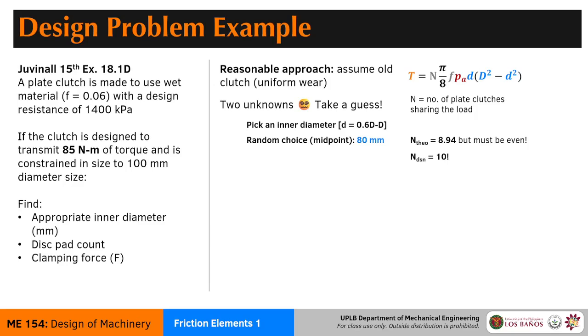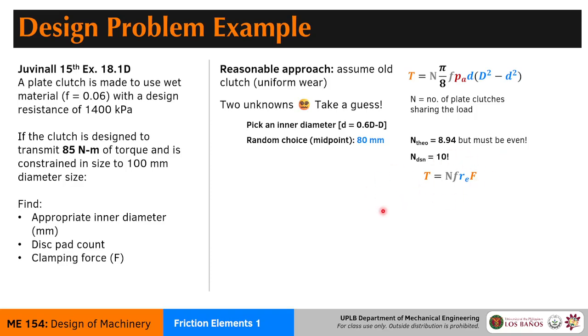All right, so we only need to solve for the force. But this time, of course, we do have a shortcut. And I think this applies a bit more because there are some changes occurring when we change the number of clutches. I think the effect is that the pressure reduces, so we have to account for that. But using this method, with the torque being defined as the number of clutch pads times the friction force times the effective radius times the actuating force, we can skip that step.